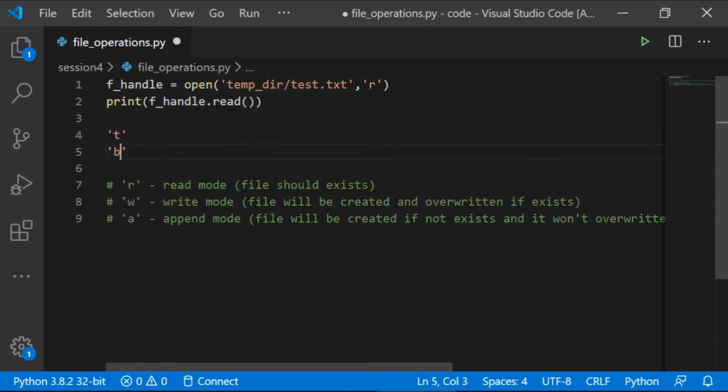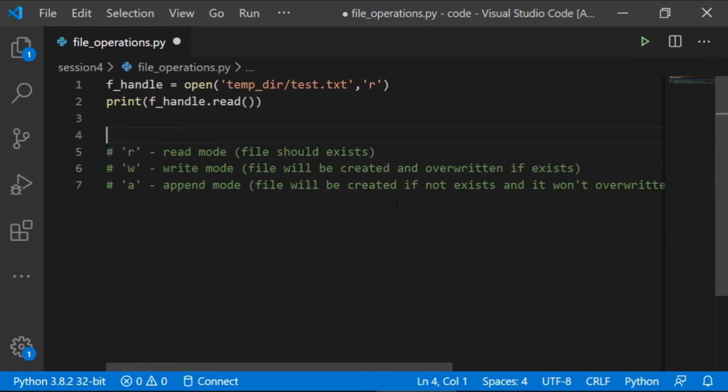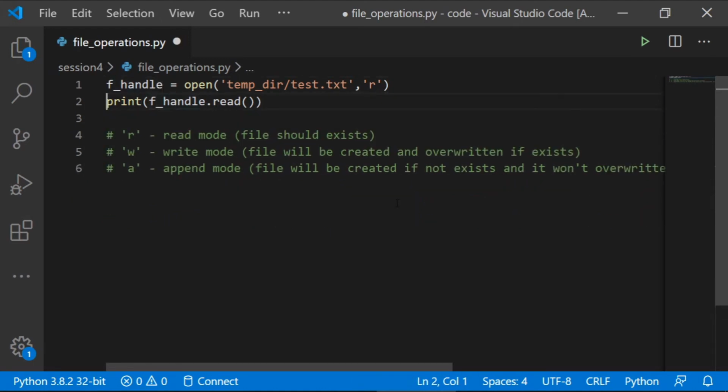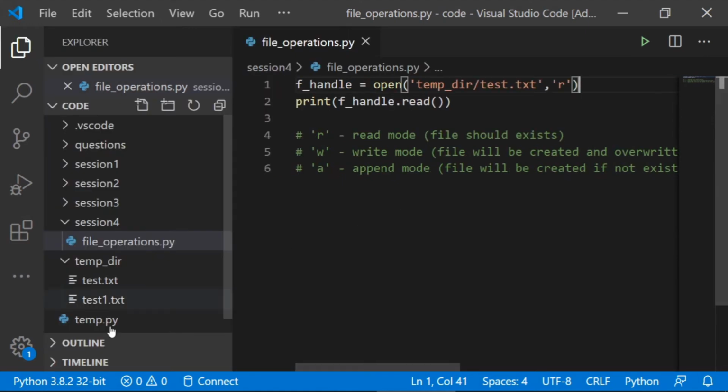If you want to open in binary mode, we need to mention B with all these modes: RB, WB, AB, like that. Okay, now let's see plain text mode,